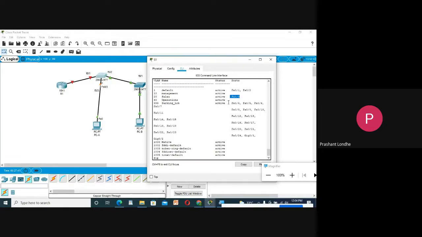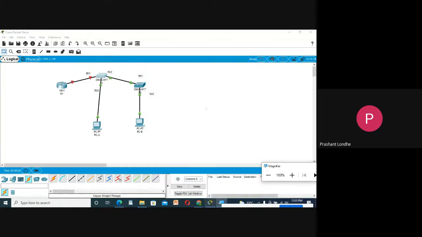Now do not fire the command shutdown because this port is connected to your machine. So we need to keep it on. If you fire the command shutdown, you have to turn it on again by firing the command no shutdown. It should always be green. Otherwise, this port will not be active, and you will not have any kind of connection between machine A and switch S1. Therefore, do not fire the shutdown command here. So we are done with the switch S1.